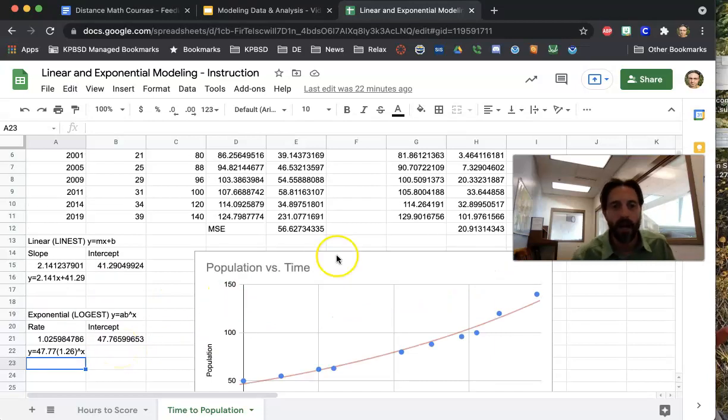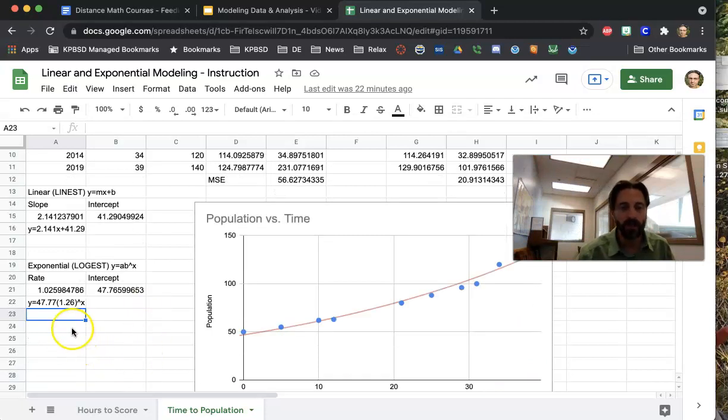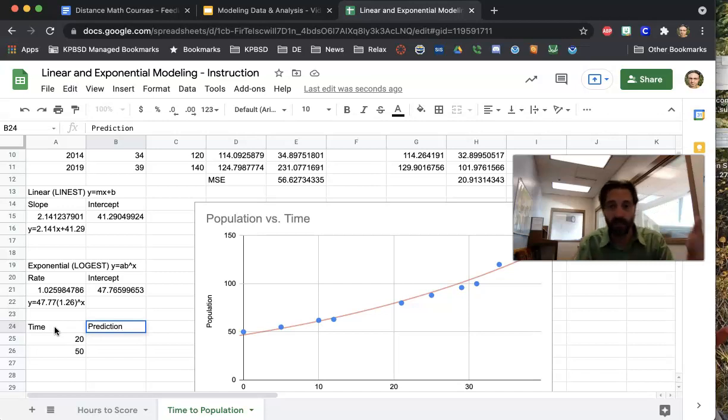Let's say up here, our time values went up from 0 to 39, and we've got some missing values here. So let's go ahead and do a couple of predictions. Let's predict 20 years, and let's just go 50 years, some far outside our data set. So I'm just going to put time. I'm going to put in 20 and 50 from the start, and I'll put prediction. And again, this is going to be based off the exponential model. I could do it for linear as well, or any model. And simply what I'm going to do here is